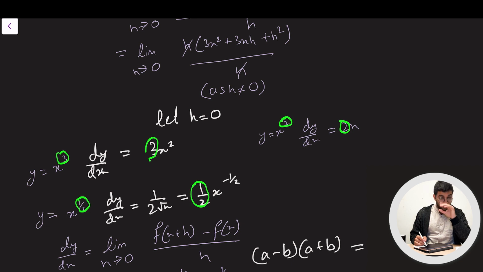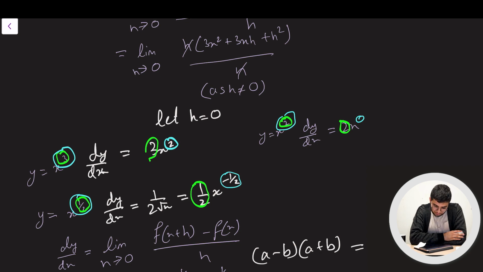Same thing happening here. Same thing happening here. Curious, okay? Not only that, the power here is then reduced by 1. Power here, reduced by 1. Power here, reduced by 1. Okay? Now, we can use this interesting observation that we've made and make a conjecture